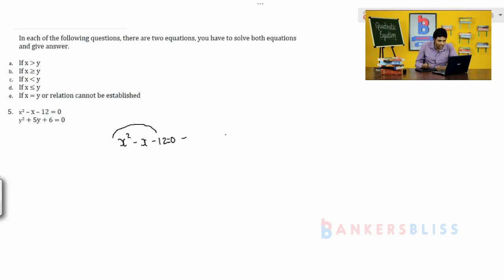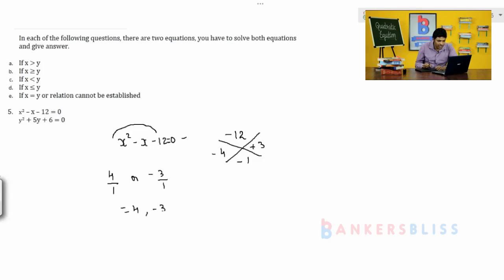So, 1 into minus 12, that is minus 12 divided by minus 1. So, now what we have to do? 4 3s are 12. So, minus 4 and plus 3. So, your answer will be 4 divided by 1 or minus 3 by 1,